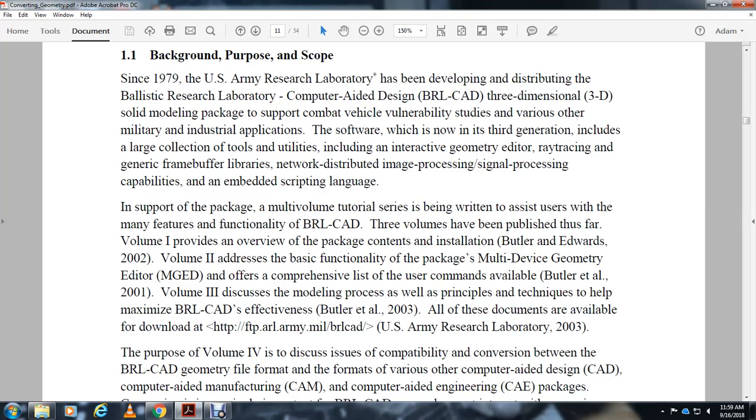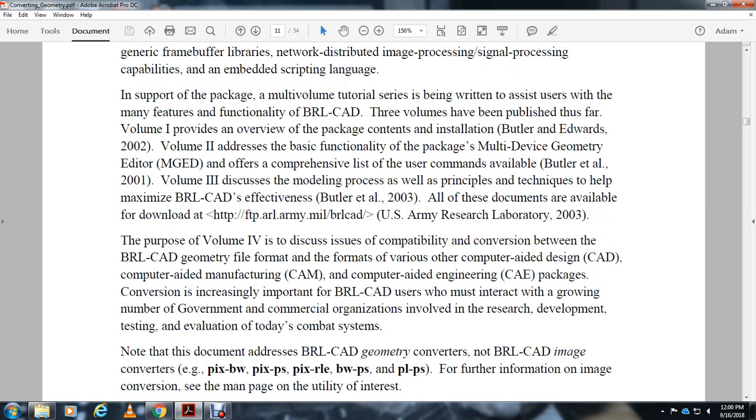The package is supported by multiple volume tutorials written as if the user is within any feature of the functional BRL-CAD. The volumes have been published with us. Volume 1 provides an overview of the package contents, installation, Butler and Edwards. Volume 2, 2002, addresses the basic functionality of the package, multiple devices, the geometry editor, and a list of user commands, Butler, 2001. Volume 3 discusses the analysis process and the principal techniques to help maximize BRL-CAD's effectiveness. All these documents are available at ftp.arl.army.mil/brlcad. The purpose of Volume 4 is to discuss the issues with compatibility and conversion between the BRL-CAD geometry file